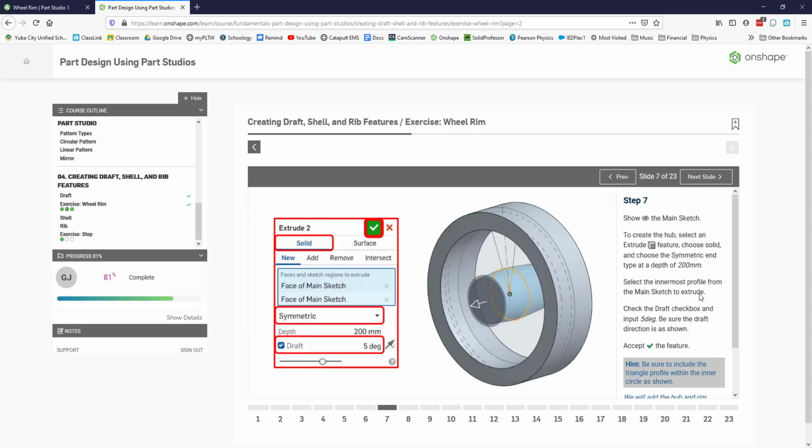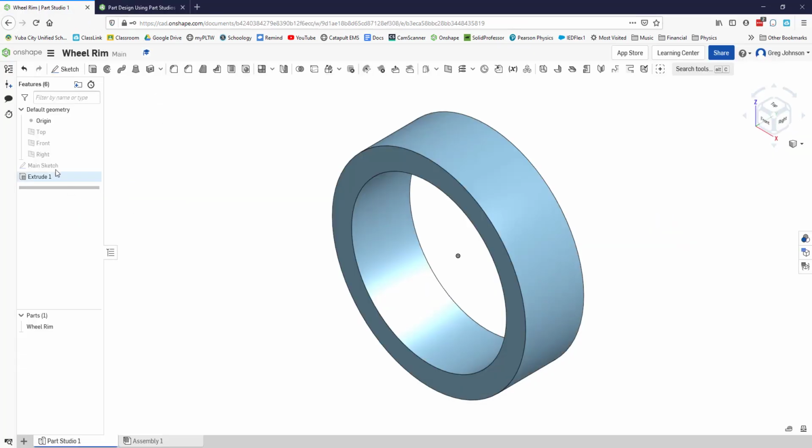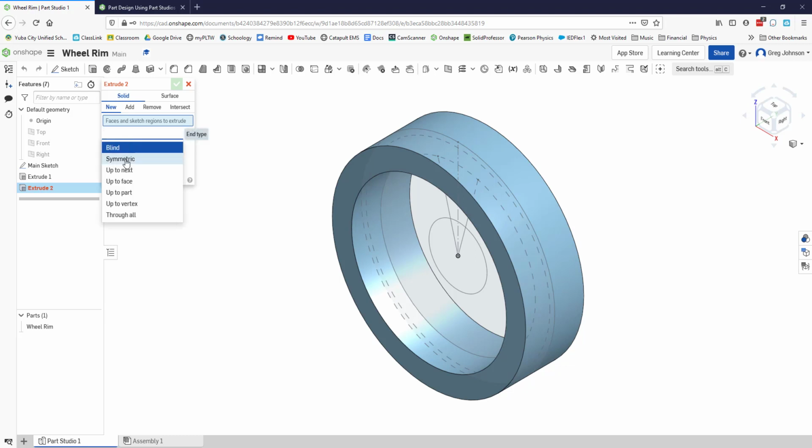What's next is we're going to do another extrude, solid symmetric, depth of 200, but we are going to add a draft. This is that new feature, a 5-degree draft. And we got to make sure that the draft is going in the right direction. Okay, cool. And it says also make sure you include the little triangle on the inside. Okay, we can handle that. So we need to get our sketch back, so I'm going to unhide that sketch. And we're going to do an extrude that is symmetric, that is 200,